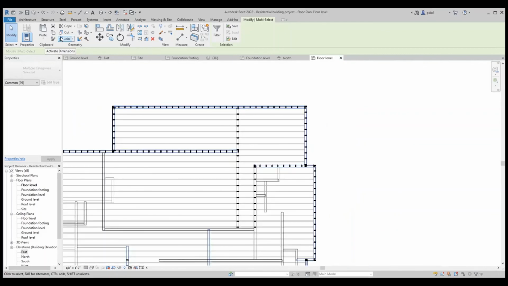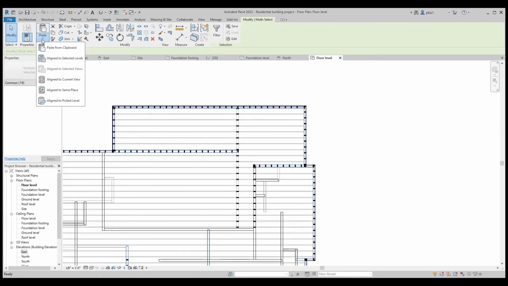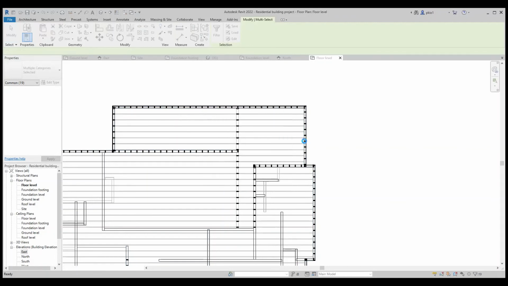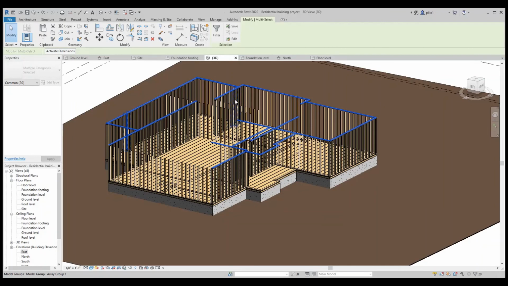The selection, we go to copy to clipboard and go to paste. Align to selected levels and we pick the roof level and say OK. We go to the 3D view to check out our paste.